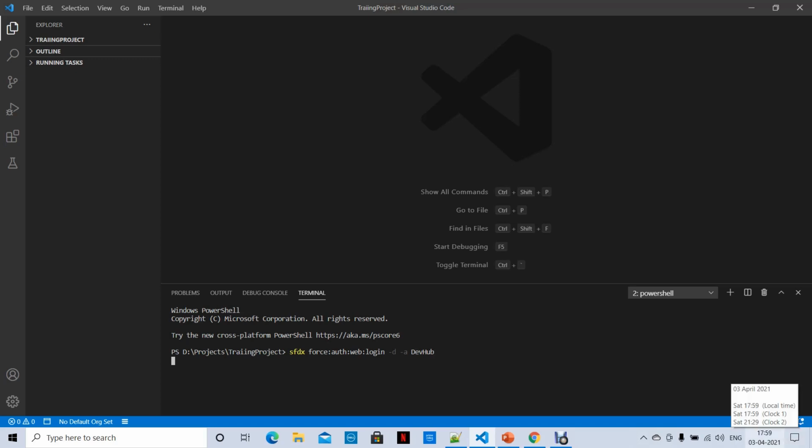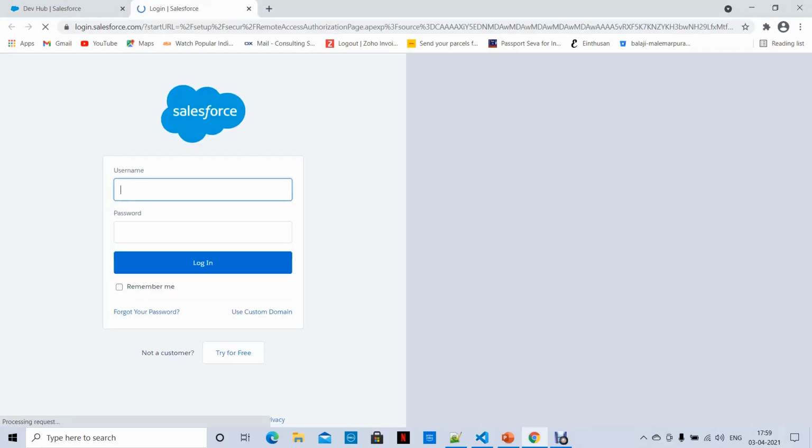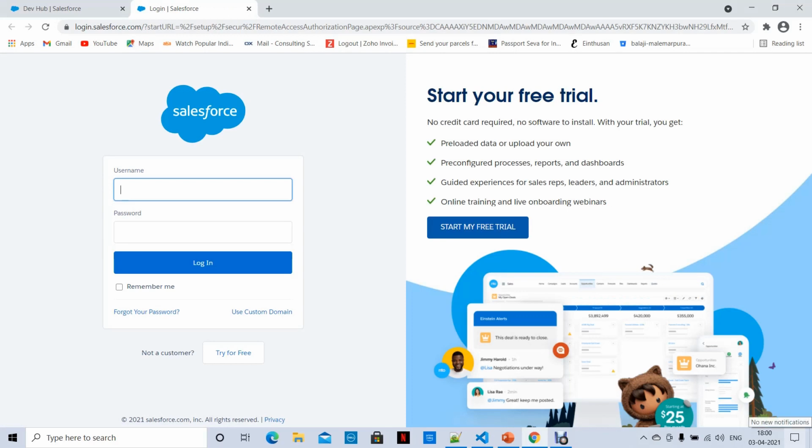Now it asks you to log in. So you log in to the Salesforce instance where you enabled Dev Hub and unlocked packages. Our org is the Salesforce Textbook org.